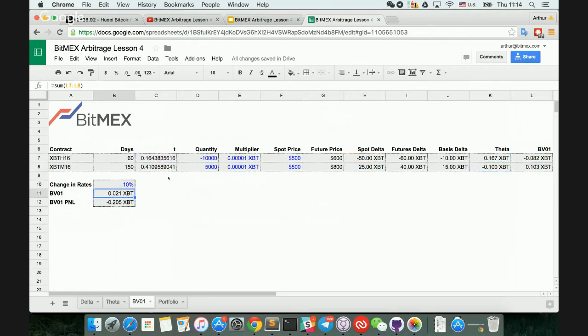And now we have an aggregate number here, which means that looking at this portfolio, we are short something at a premium and long something at a premium. Now we can compute our, to make this a little bit easier to understand,